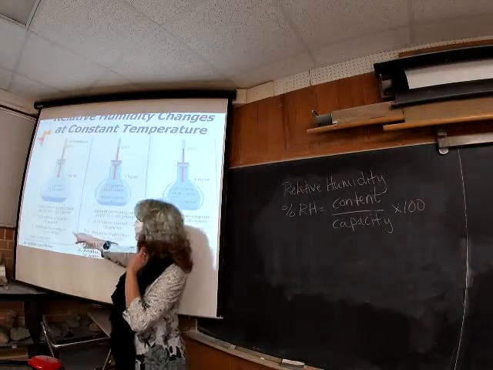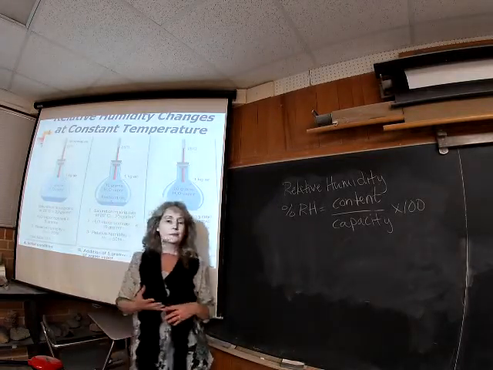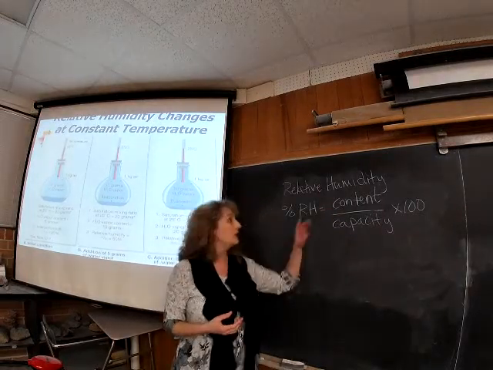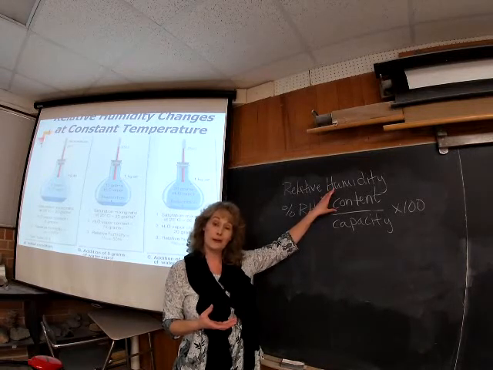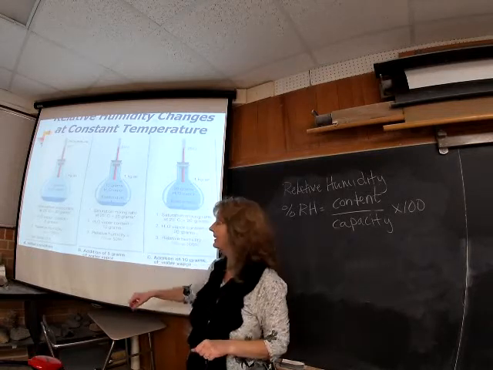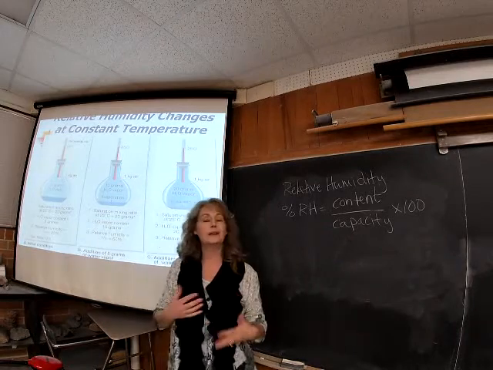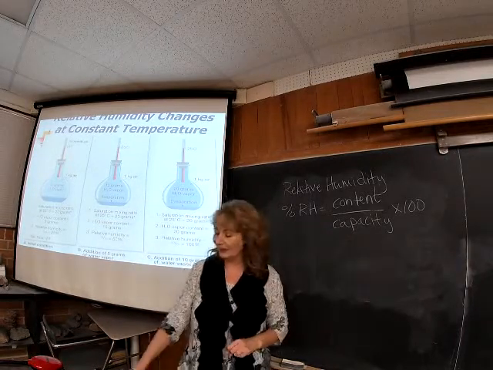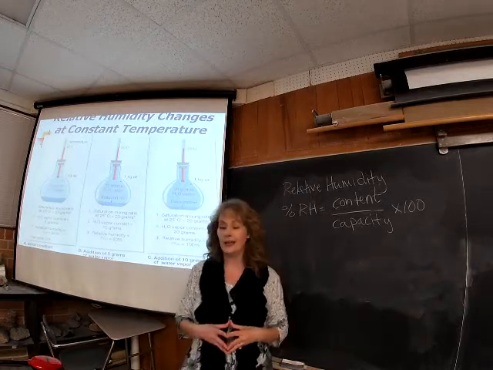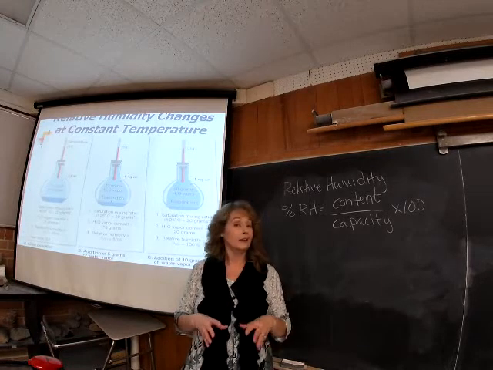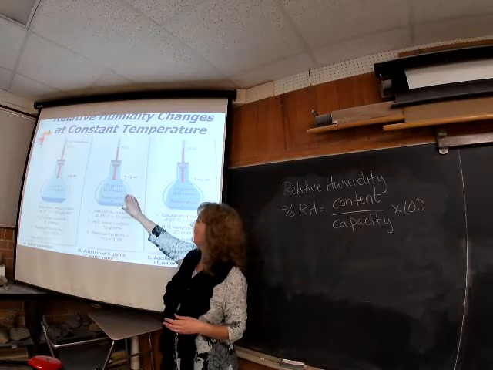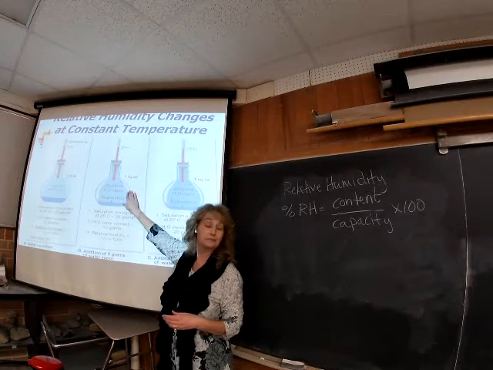Over here, they started by adding 5 grams of water vapor. So to do our relative humidity computation, you put your 5 grams, that's the actual water vapor content, divided by those 20 grams, the capacity. Okay, 20 grams for capacity. So 5 divided by 20 is a 25% relative humidity. And that's that first panel, condition A, the initial condition. Now they're going to add an additional 5 grams of water vapor content in this panel. So now we have 10 grams of water vapor content.